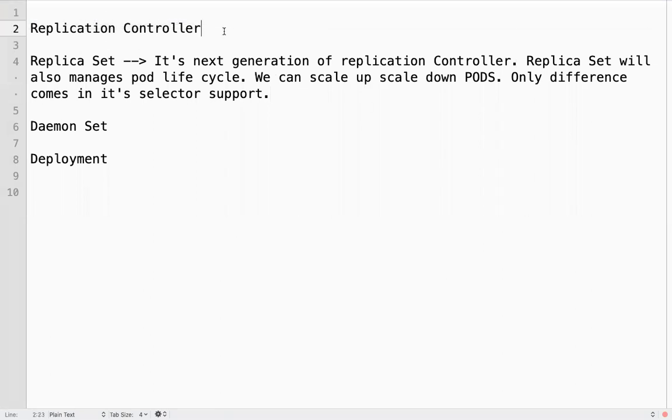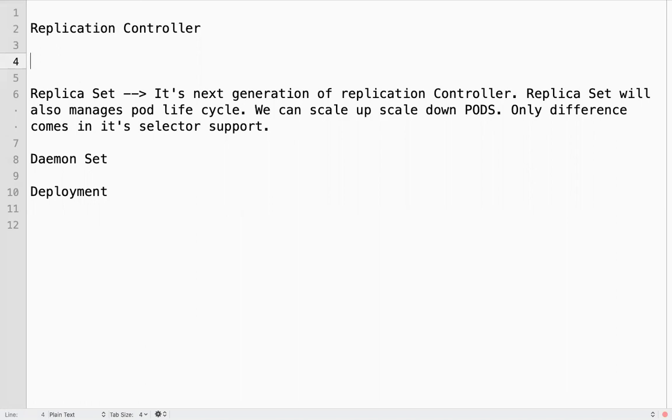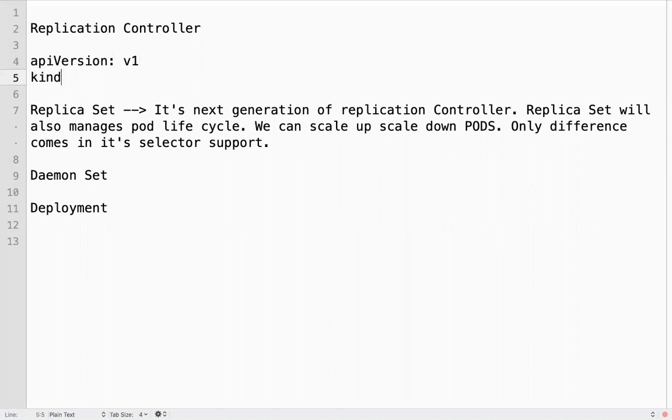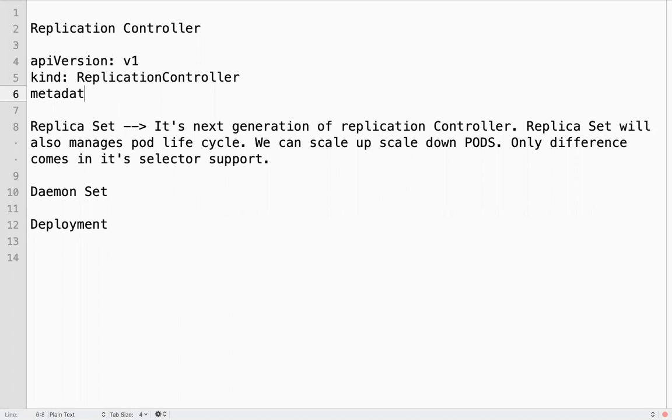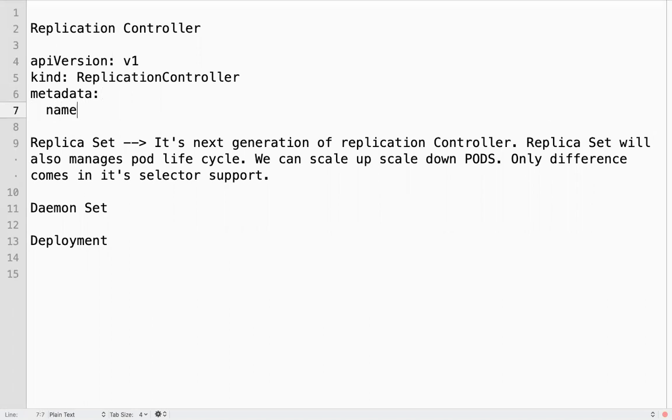So in replication controller, we are writing something like this: replication controller, metadata, just to give an example.